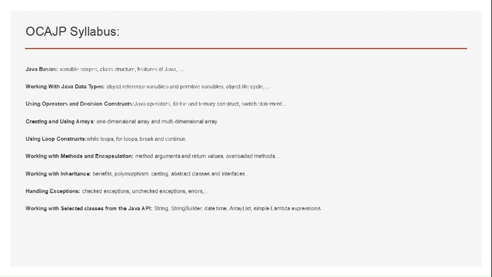And this is the syllabus actually. What are the different data types we have, what are the operators, decision controls, there are ternary operators, there are if conditions, like that, right? So how do you use a ternary operator instead of an if condition if you have to write an if else? Those things. We'll discuss all those things as part of this OCAJP certification.